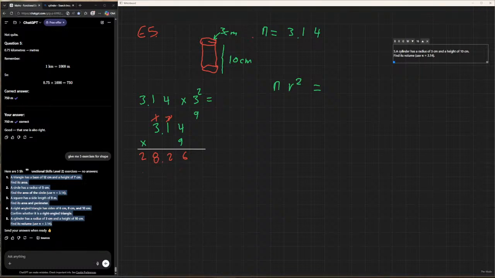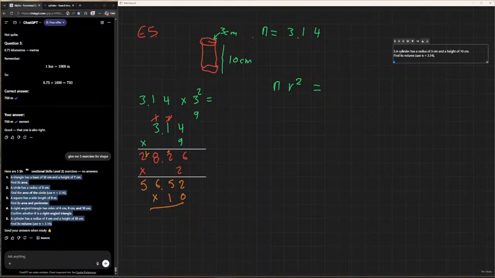Then we do times 2. 2 times 6 is 12. 2 times 2 is 4 plus 1 is 5. 2 times 8 is 16, and then 1 here. 2 times 2 is 4 plus 1 is 5. So 56.52. And then we times it by 10,